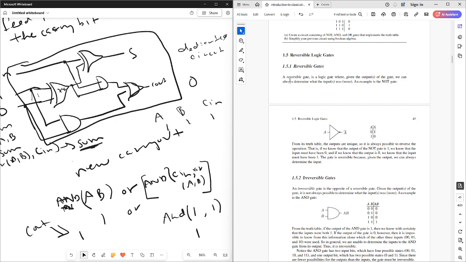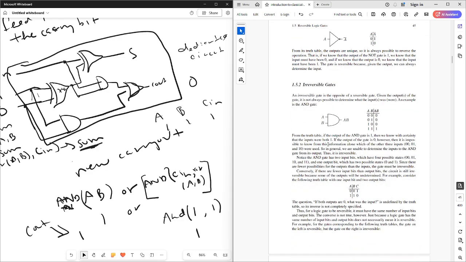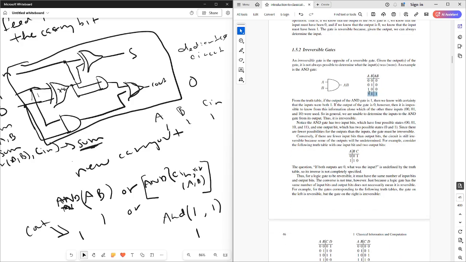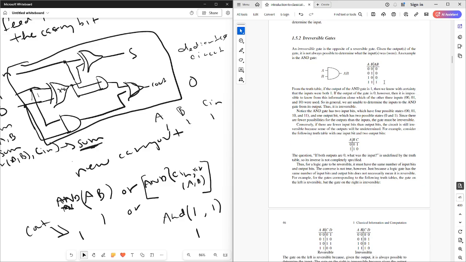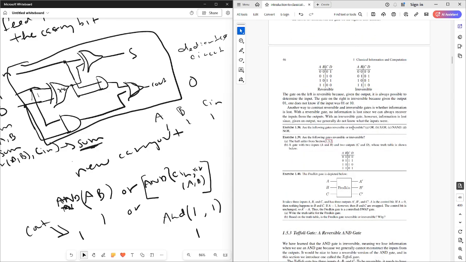I don't necessarily think we need to go too in depth about how to actually, in a classical sense, build a reversible gate here, but just understanding what the concept is, right? We need to be able to map every individual input to a distinctive output. So this is not reversible because if we get a 0, how are we going to know what the internal configuration was? If we get 1, we always know they were both true, but otherwise we're kind of screwed there. And so we can add an XOR